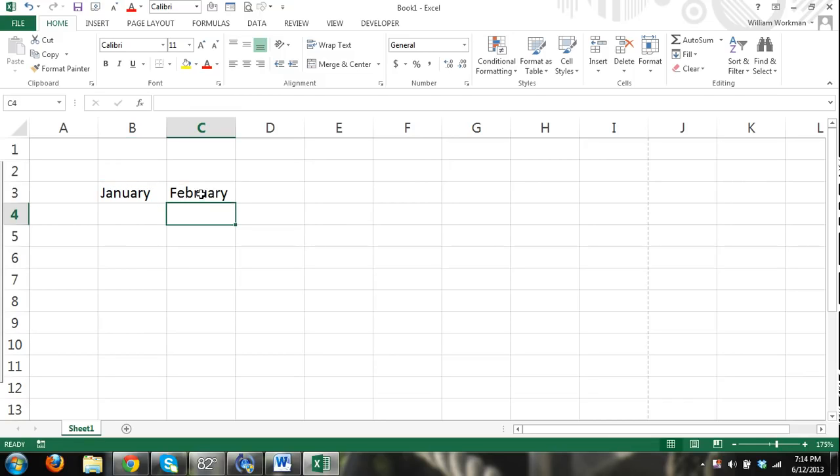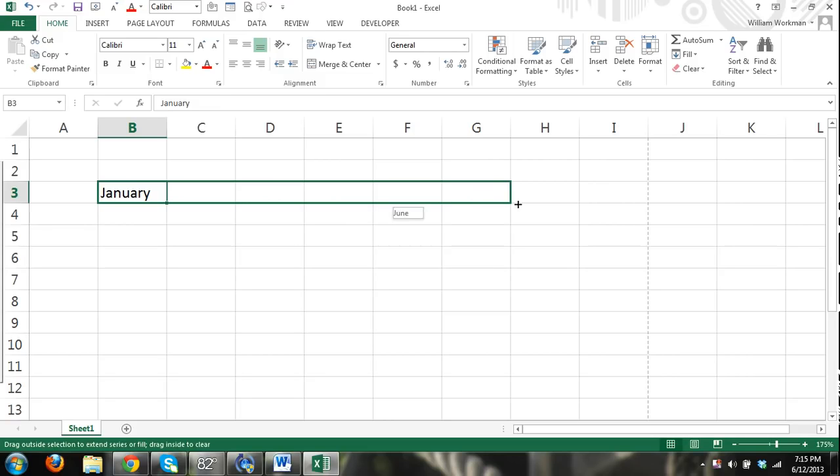Alright, so what I'm doing is autofill. I'm going to go ahead and delete that month because Excel automatically recognizes that we are entering in a pattern here, January, which is a month of the year. So you can see that I've entered in January in cell B3, and now you can see this box in the right. You can see that the cell's surrounded by a bold box, and there's a square in the bottom right. I can select that square with my mouse, and then I start dragging it to the right,